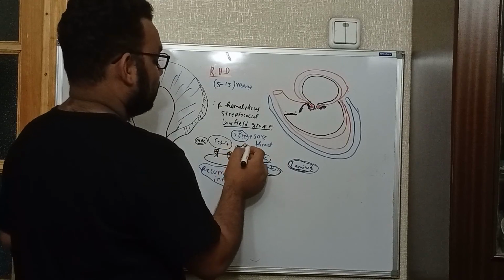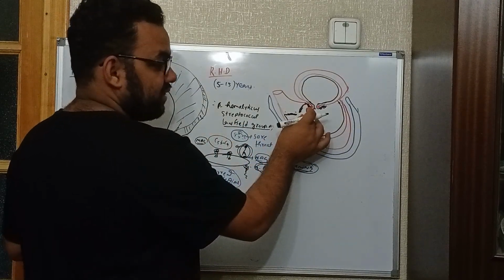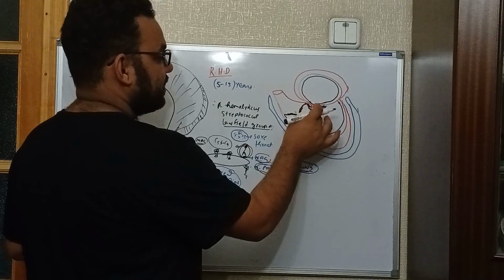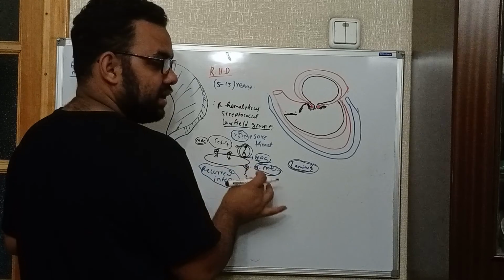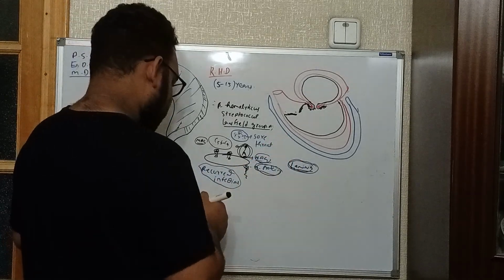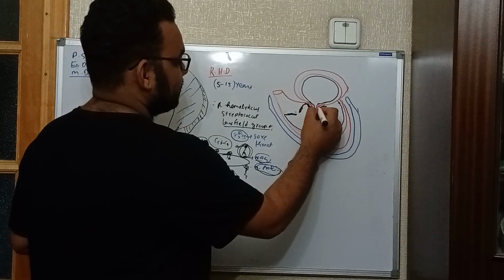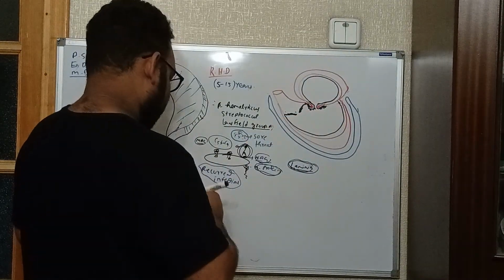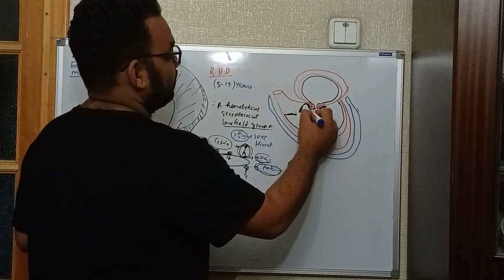Now our immune system sometimes can't differentiate whether it is a self antigen, because this antigen also has similarities with the Streptococcus beta-hemolyticus Lancefield group antigens. As a result, the valvular antigens that are present here, our immune system sometimes mismatches, and that can attack over here,